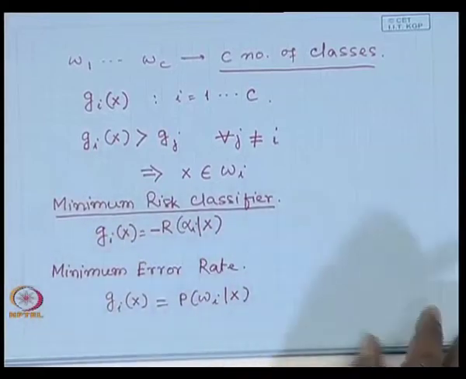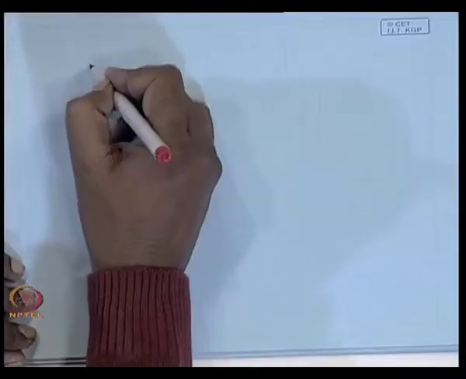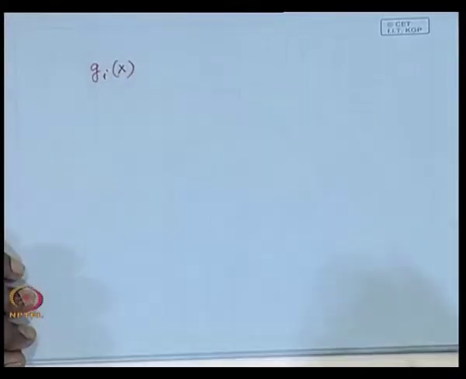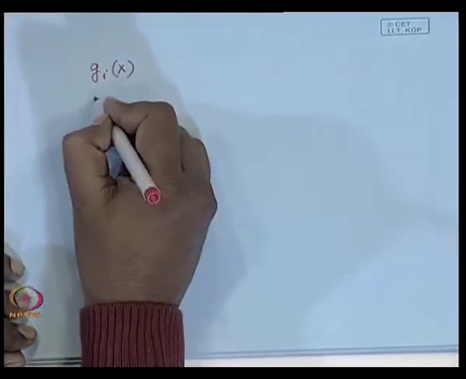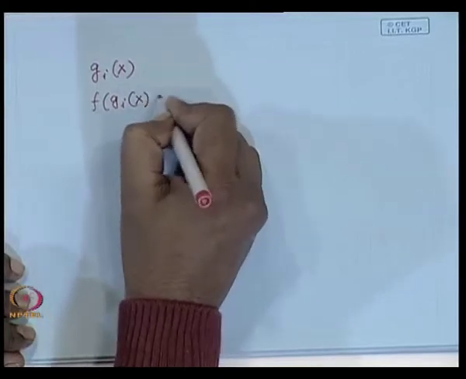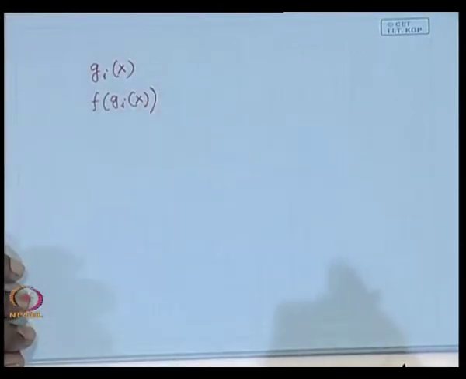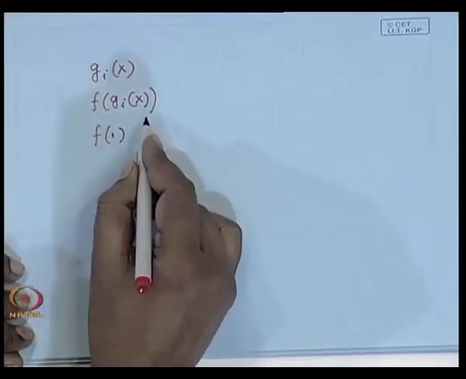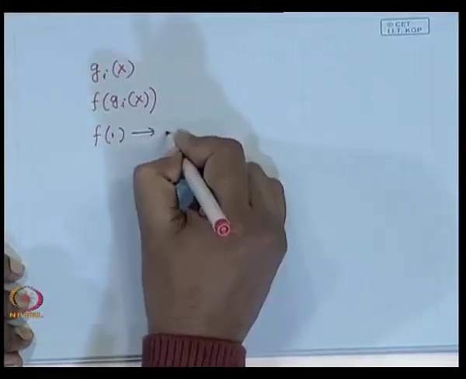Now, I can define g i x like this, but the choice of the discriminant function g i x is not unique. The reason is, if I have this g i x, and I take a function f which is a function of g i x, and if this function f is monotonically increasing,